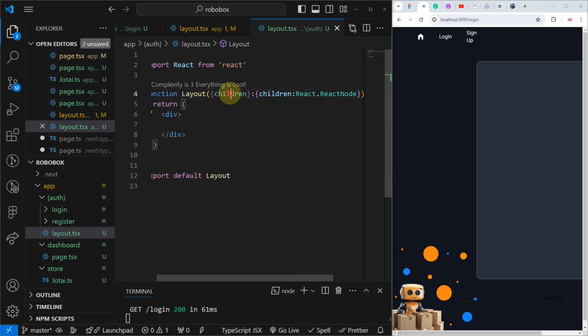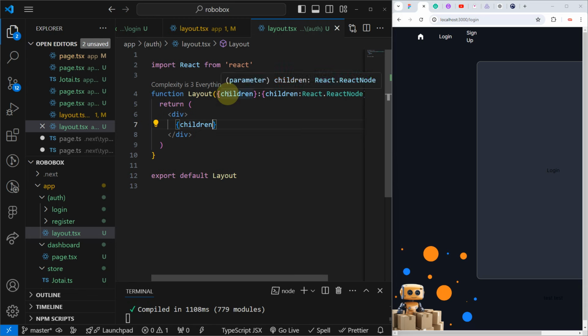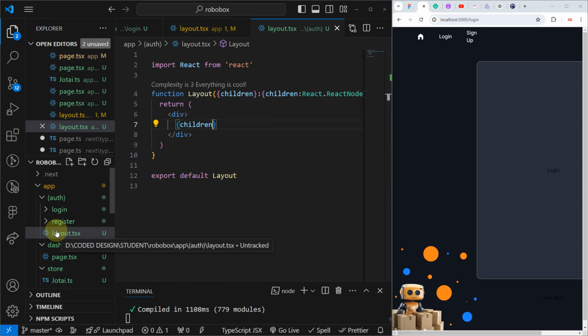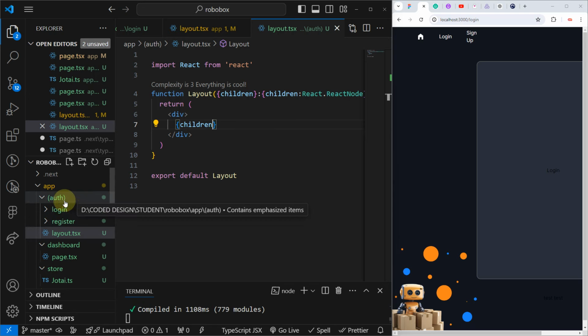Let me show you if I can render these children. These children, and then login is supposed to be here. I hope now you are starting to get the essence of a layout, or the layout concept. We are creating our own, using TypeScript as well. So this layout, everything that goes in here, the other thing that I need to tell you is that